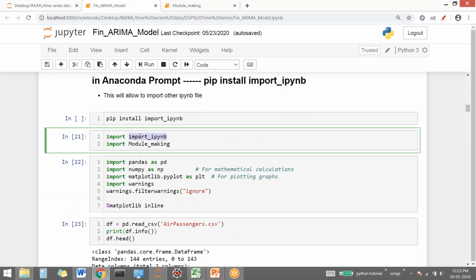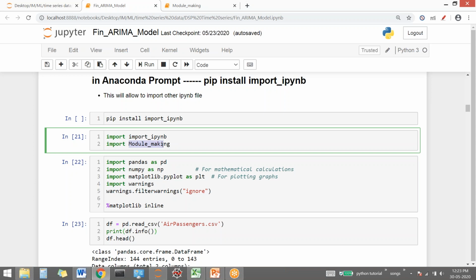I will run this again, and then the latest changes will be in my FinArima file. So just keep in mind when you're working with notebooks, you have to restart your kernel so that the latest changes are fed. If you run this command again, it still won't fetch everything until you restart the kernel. Okay, so this is our module making library, and we have imported this module making.